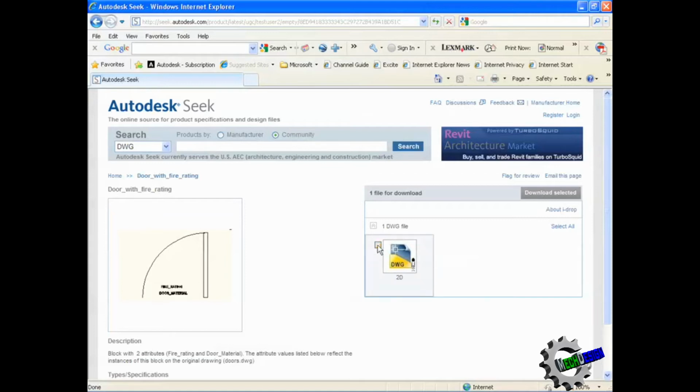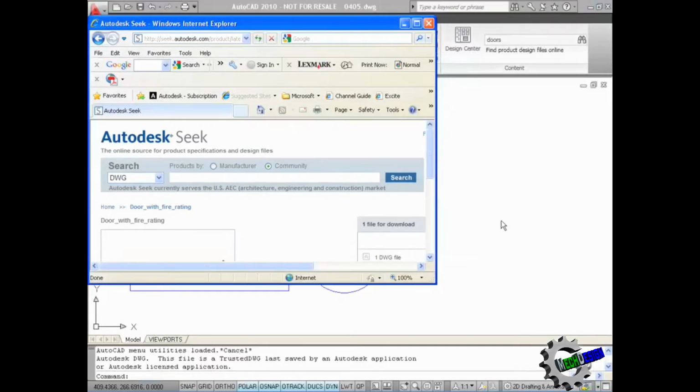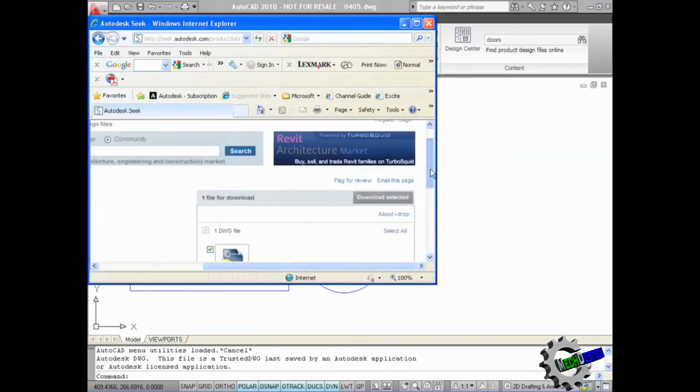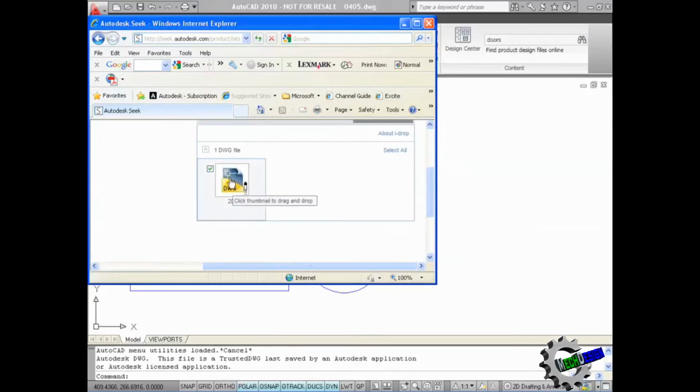So I tick my door. I want to drag and drop that now into my drawing. How do I do that? My drawing is behind the Internet Explorer window. I minimize the window, and there's AutoCAD behind. So I just need to slightly move around here. It requires a little bit of navigation. Okay, so I move over here. It says click the thumbnail to drag and drop. So I click, I hold the mouse button down,